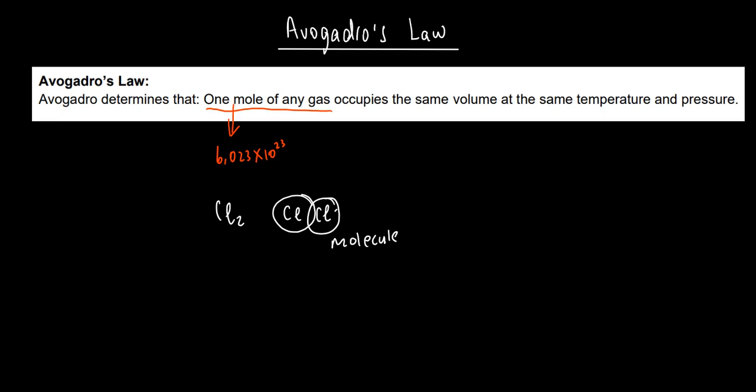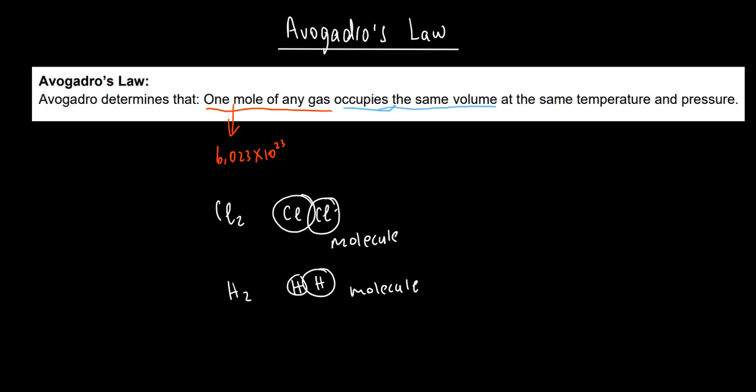and 6,023 times 10 to the power 23 molecules of hydrogen gas. Remember, one molecule of hydrogen gas is this. So we're saying 6,023 times 10 to the power 23 molecules of hydrogen and 6,023 times 10 to the power 23 molecules of chlorine and 6,023 times 10 to the power 23 of any other gas. It occupies the same volume,